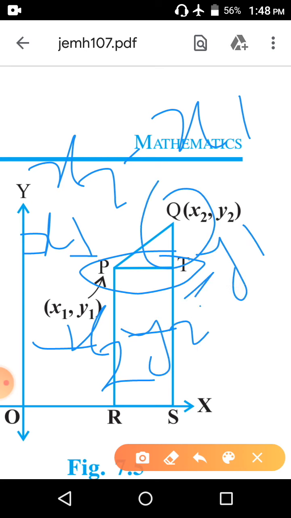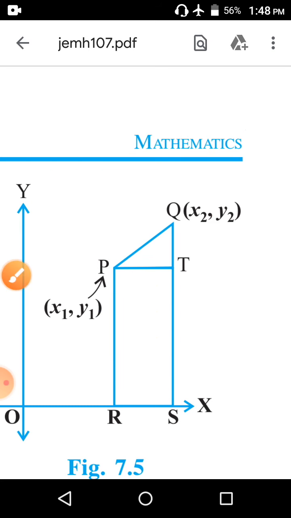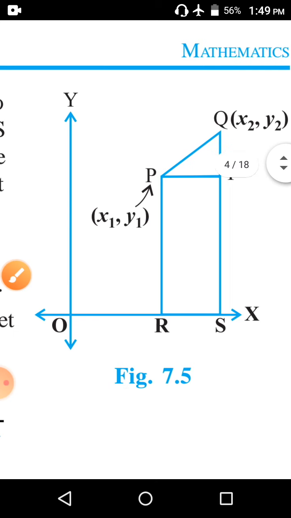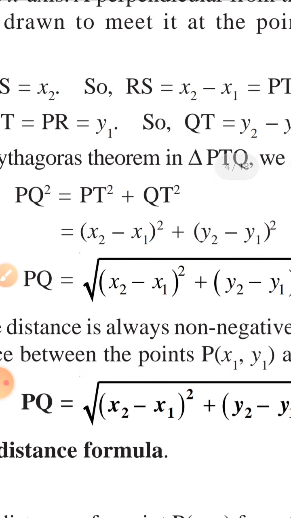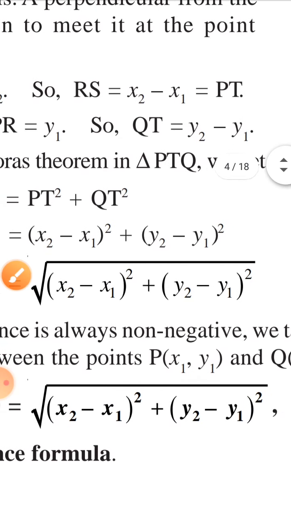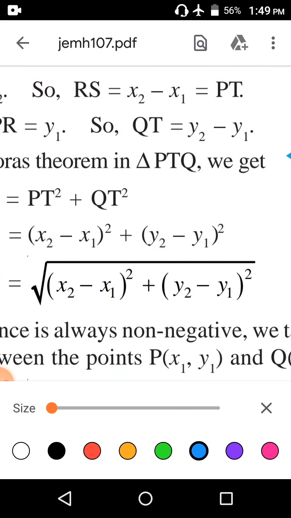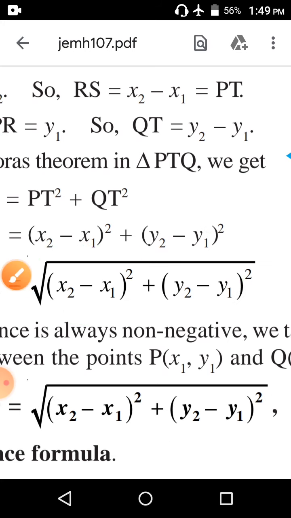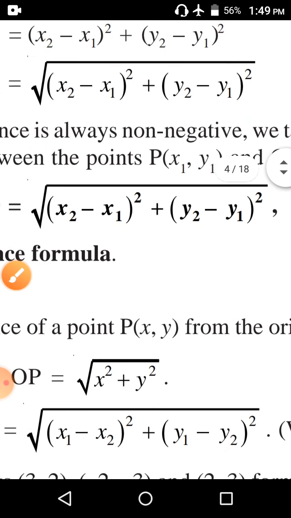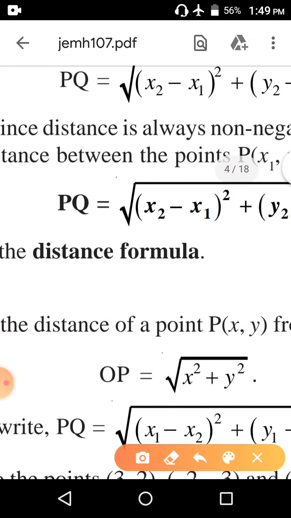So if you have these two distances, we will just square them, add them and take the square root. We will get a general formula for distance, and this is known as the distance formula. This formula that we are looking at is the most important formula till now. It is the square root of x2 minus x1 whole square plus y2 minus y1 whole square, and this is our distance formula, and that is what I have taught you in this